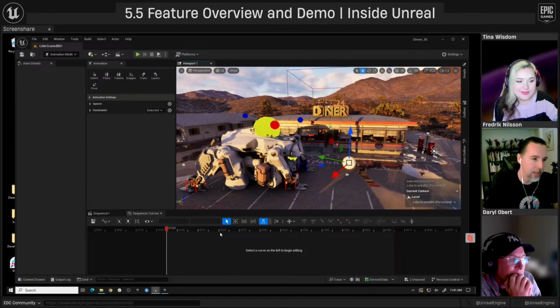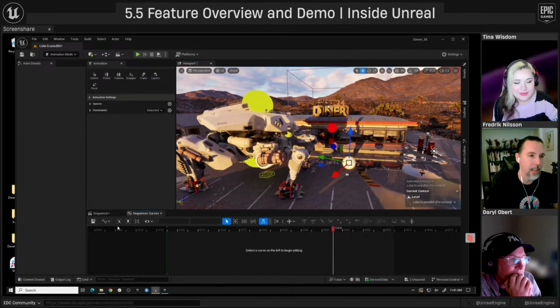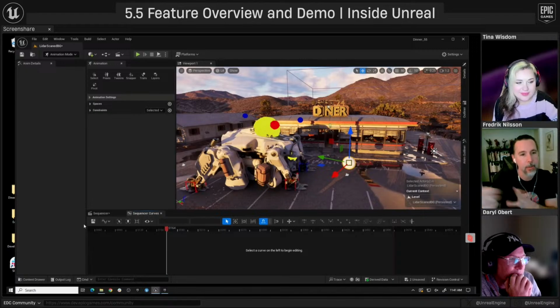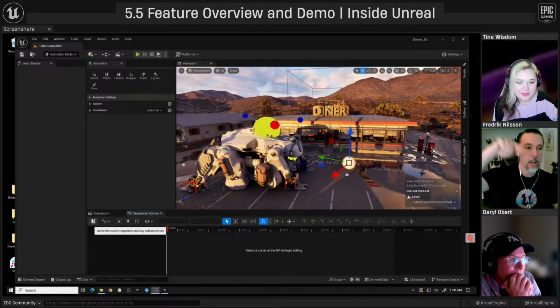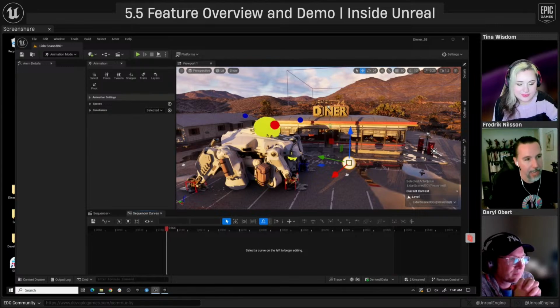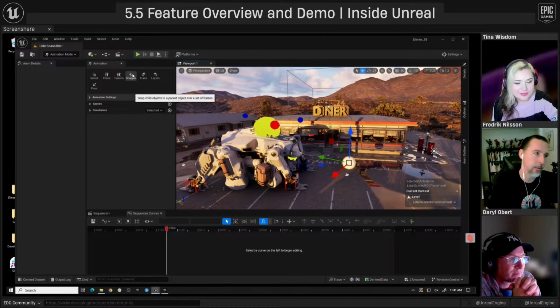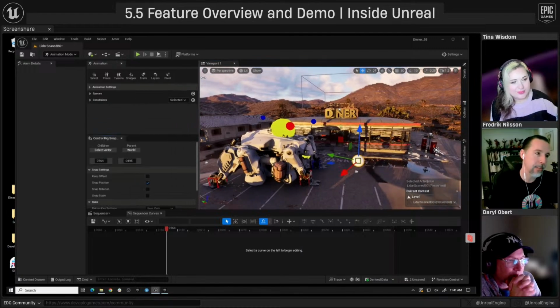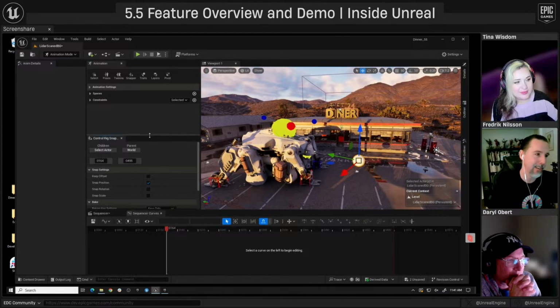So the first thing I want to do here is have that sphere follow the head, not only in position, but also in orientation, because I'm going to show how I can convert it to an aim really quickly. So I'm going to grab the sphere. I'm going to use something called the snapper tool. I don't know if you guys are aware of this one. It's basically a live baked constraint.